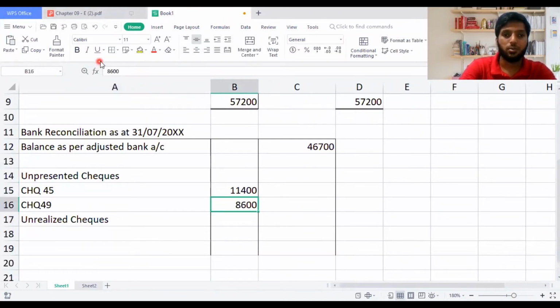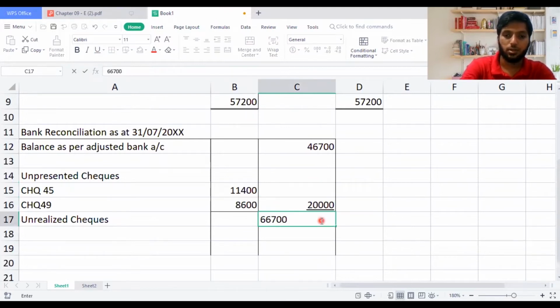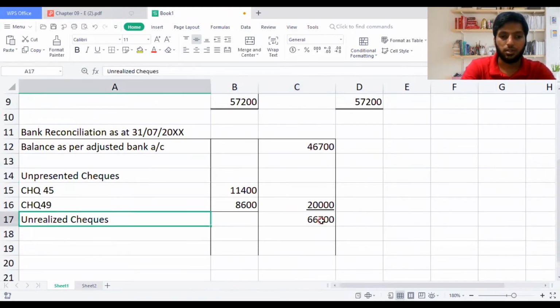It's an addition, so I'm going to take the total as an addition, meaning we need to add it, guys. How do you add it? We'll take the entire value, 20,000, here. So we will add it. How much is the value? Then we get 66,700 when I add it to 46,700. Then I'm going to take this value a bit down to have some gap.